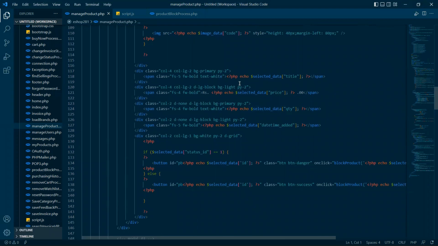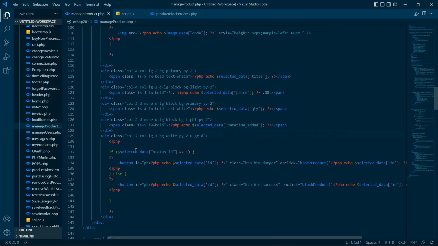After that, I will take the values for titles by using the title from $selected data, and the price, quantity, date, and time added likewise. And here's the part where I add the button, block or unblock product. In there, I will check the status ID of $selected data, whether it is equal to 1. If it is equal to 1, then I will take the value of ID and echo it, and also I